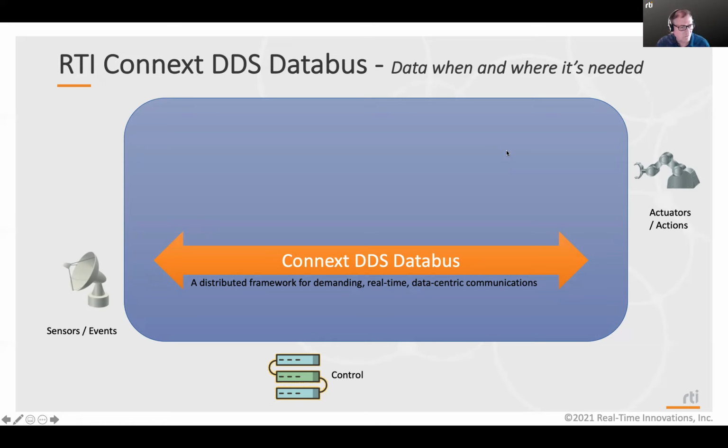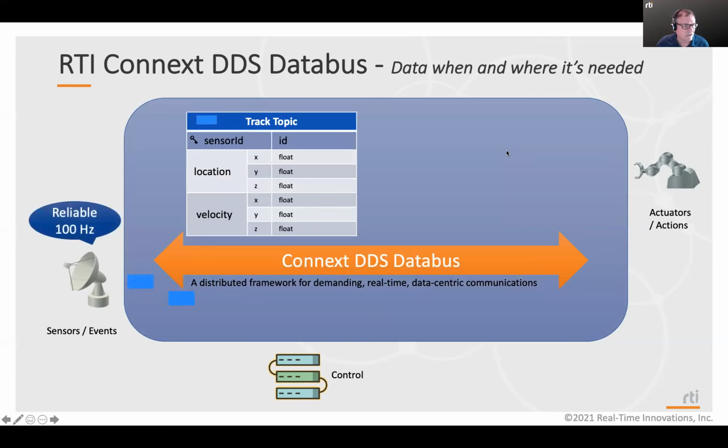What it does is take care of the communications anonymously with a publish-subscribe data pattern, so that sensors can say, hey, I've got this topic, and I can publish a track topic with these fields, at this rate of speed, at this reliable or unreliable quality of service. That enables subscribers to subscribe to that topic, and they can specify what quality of service they want on